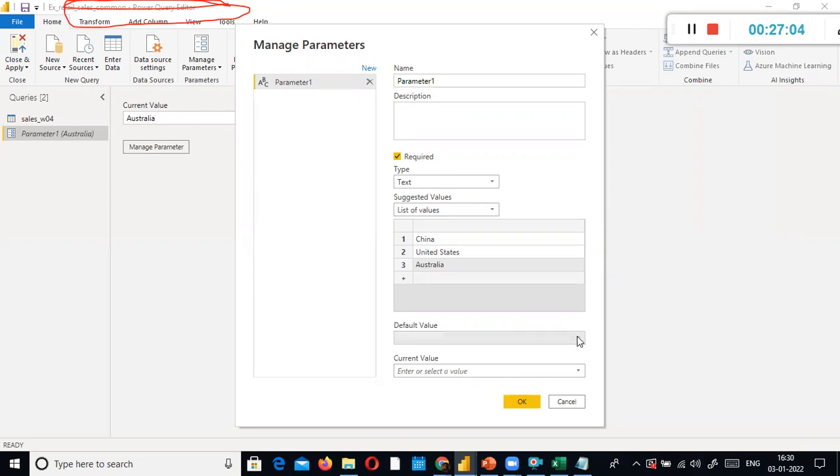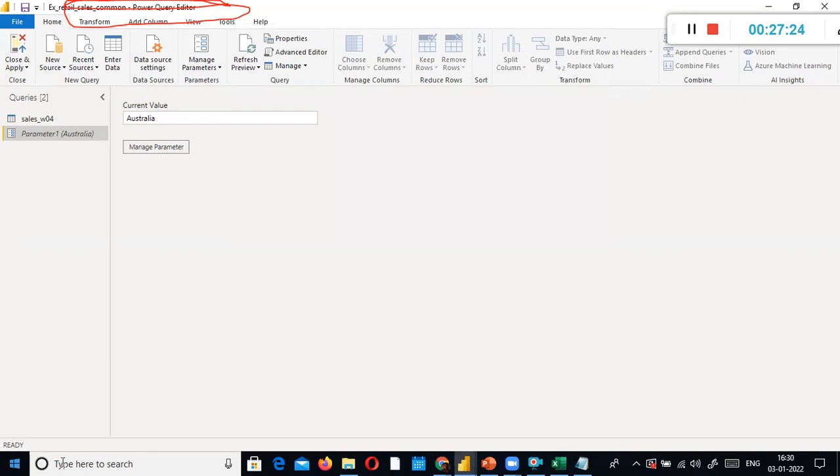Here I have to give some default value. You can give whatever country you want. For example, I'm using China. It can be anything. Or I'll use the default value Australia, and the current value is China. Click OK. That's all. I'm going to apply this.